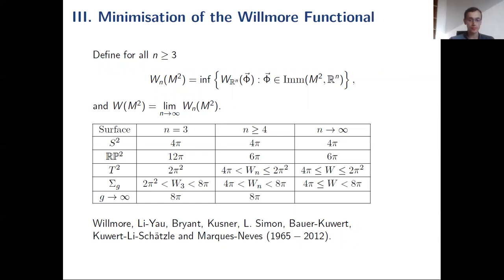And for higher genus, it's a work of Kapouleas and Wiygul, where they prove that the Morse index of those Lawson surfaces sigma g,1 is 2g plus 3, and so there's some linear growth, and it's kind of expected that there will be a minimizer in higher genus, but so far there's